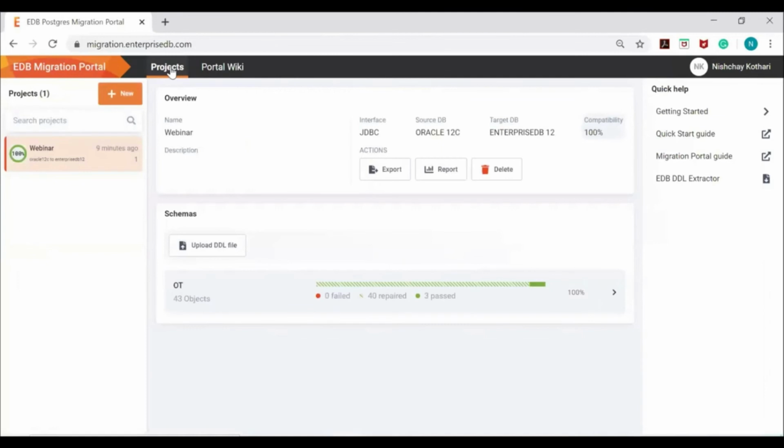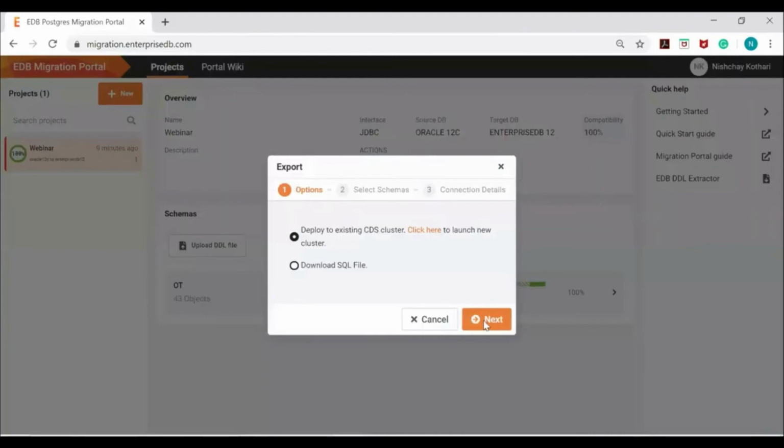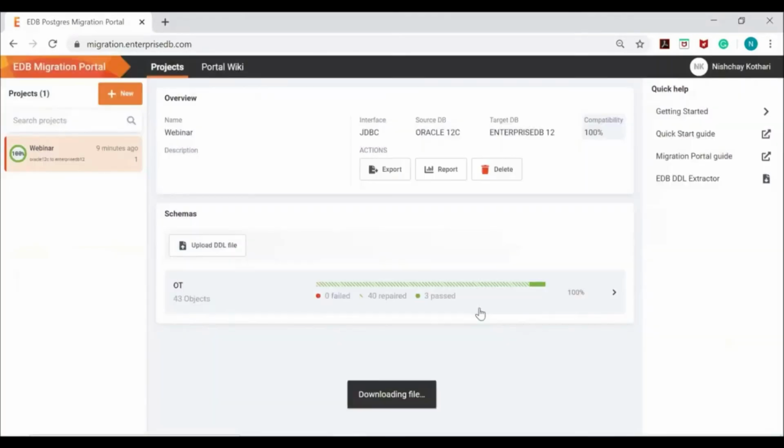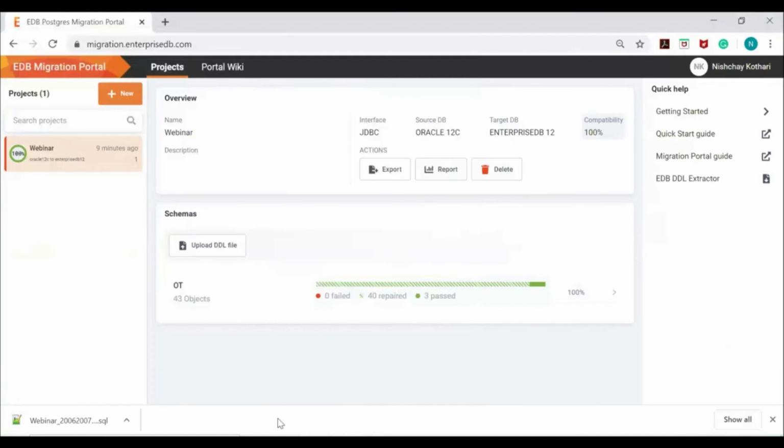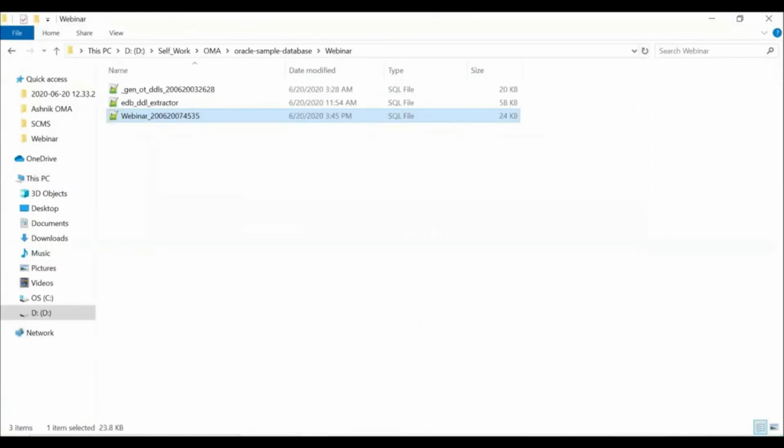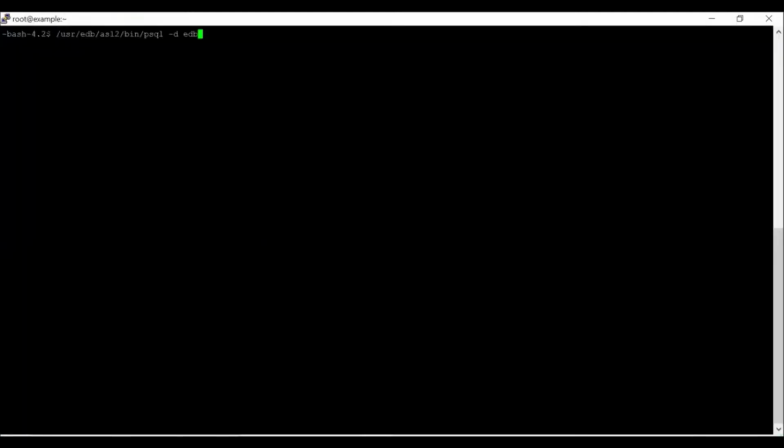Now I'm going to download this file and perform the schema restoration on my Enterprise DB PostgreSQL. Okay, so the file is downloaded successfully. Now I already have Enterprise DB installed on another server. So let me connect to the database.